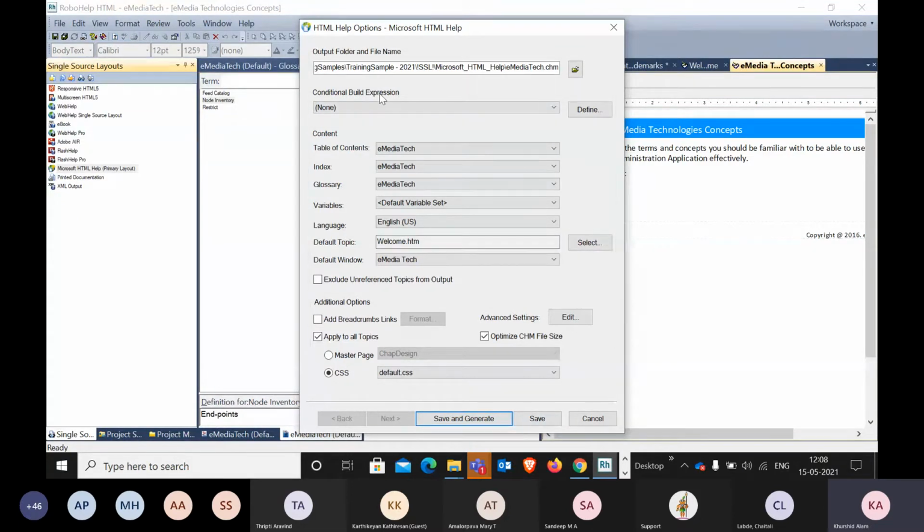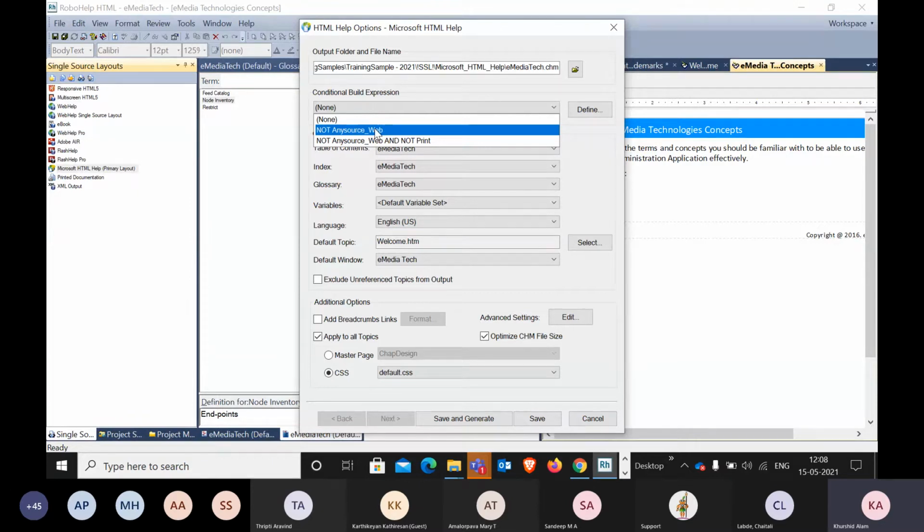Here in conditional build expression, you need to select if you are applying a conditional build expression. Conditional build expression means the option or feature which makes your content customizable.